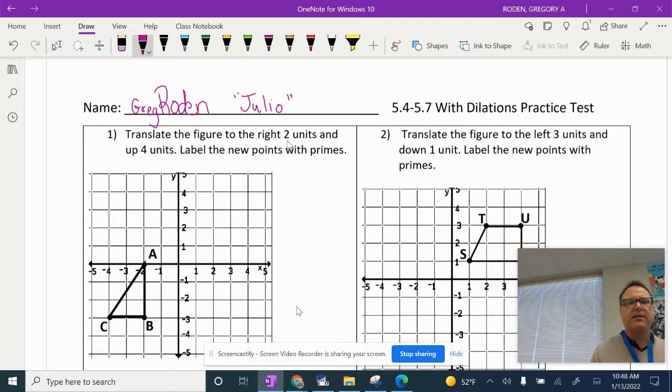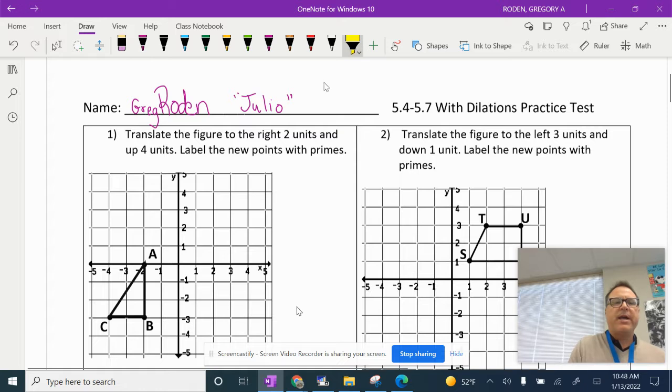you want to translate the figure to the right 2 units and up 4 units. So I want everyone right now, I'm going to highlight it. I want you to underline right 2. Everyone's doing that. Right 2. And I also want you to highlight up 4. So what I want everyone to do right now, ladies and gentlemen,